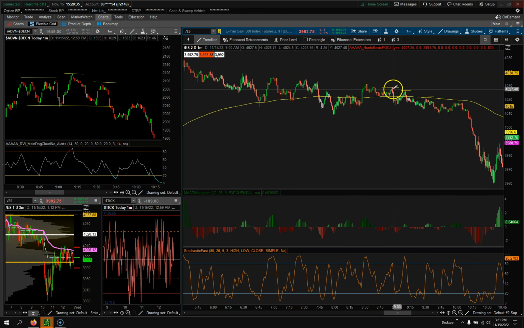But what's happening is we're making lower highs and lower lows, right? And if we look, here's our neckline. Well, when this starts to break and we see we're making lower highs, lower lows, we keep kind of bouncing off this level right here, probably right around the 4,010 level. We could say, hey, if we start to break down, probably the market's going to break down with it, and we could kind of go lower. Now, this would be perfect if it was a head and shoulders, but what I like about this is as